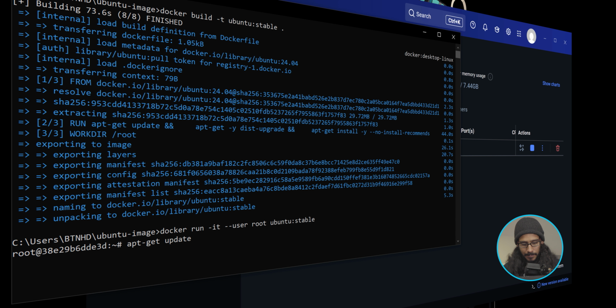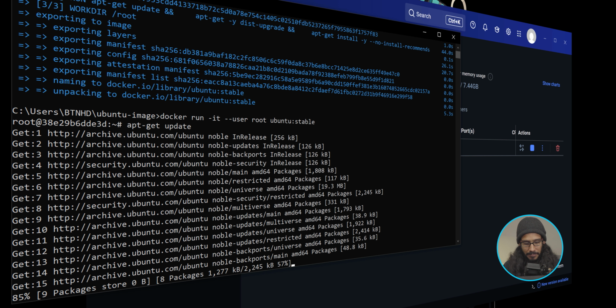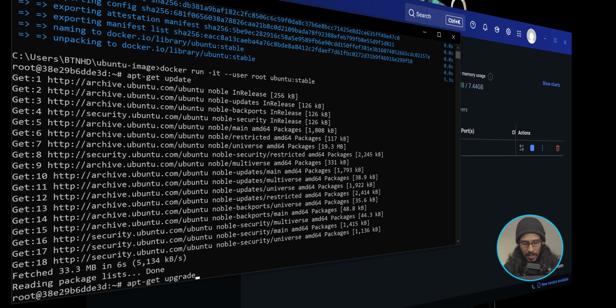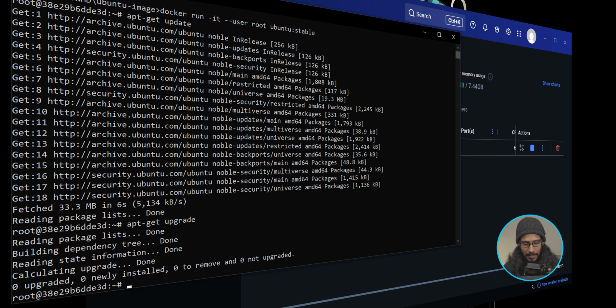So what I did, which I typically do, I head over to the command prompt and I ran the following command: apt-get update, hit enter. It started getting updates. This is good. Once it was done, I ran the following: apt-get upgrade. This is something that I always do. This is like a habit of mine. I hit enter. It started pulling everything down.